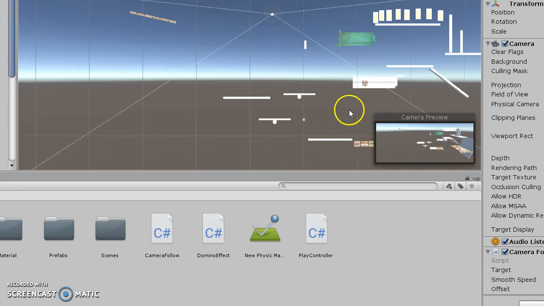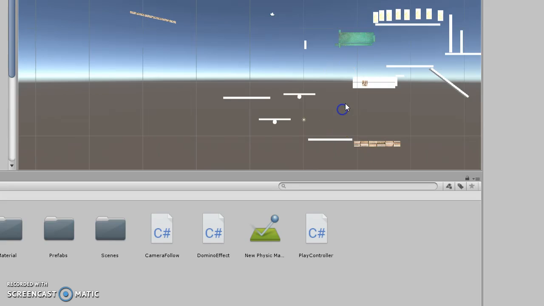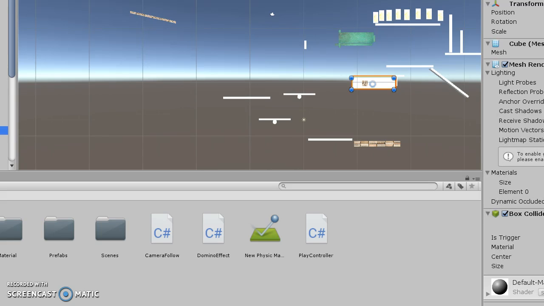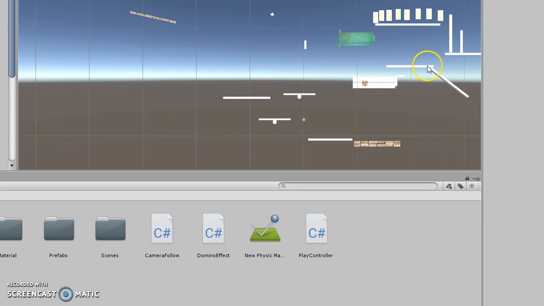Let me see if I can move it. I'm trying to move it so that